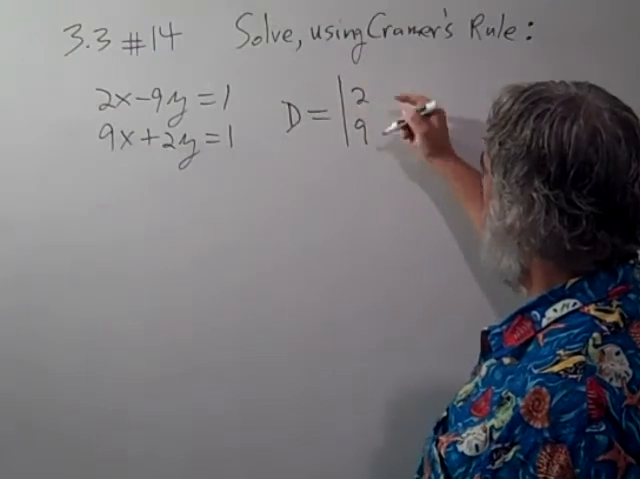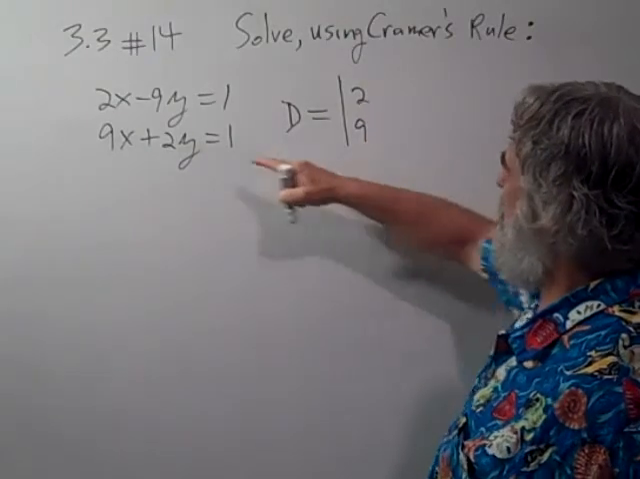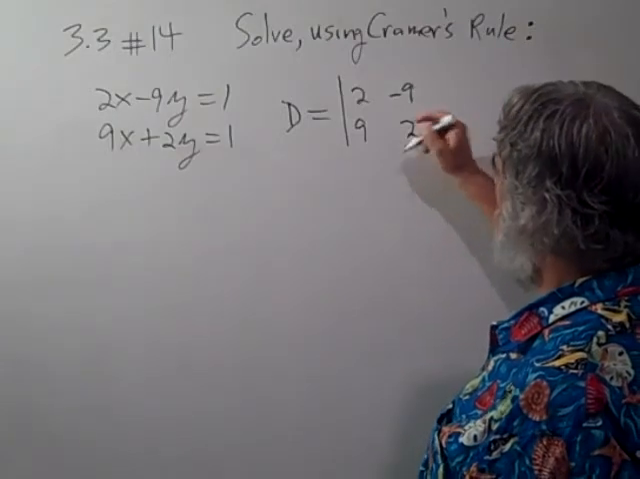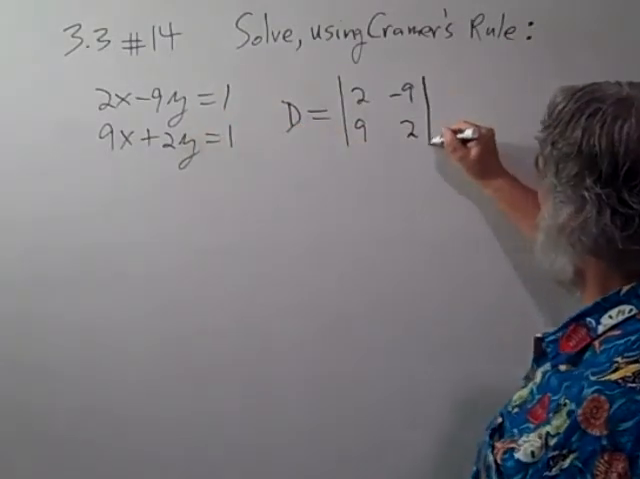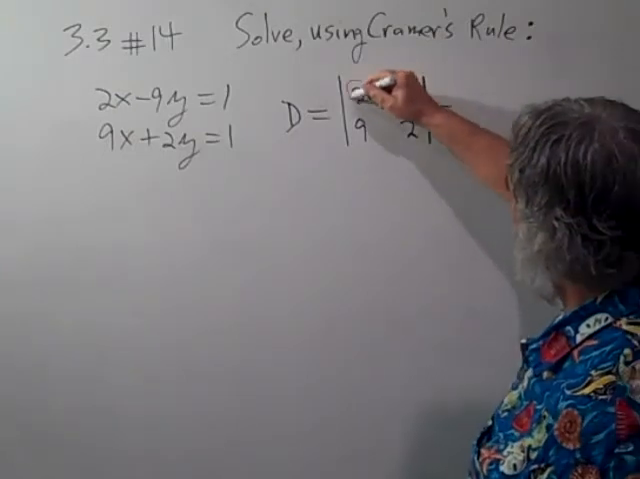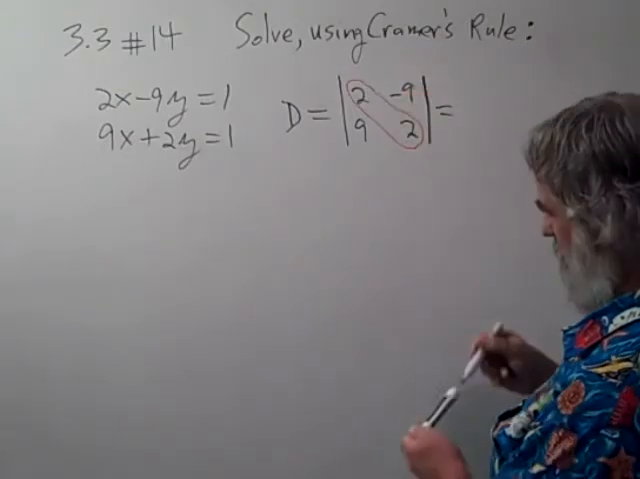So the x column has 2 and 9 in it, the coefficients of x in each of the 2 equations. The y column has -9 and 2, the y coefficients for each of the equations. So to compute this determinant, of course, the usual, we go 2 times 2, this diagonal, which is 4,